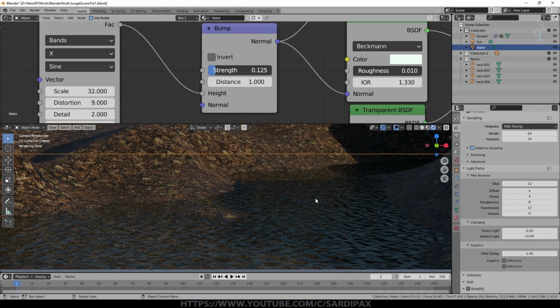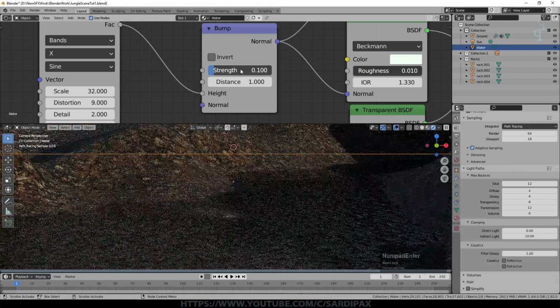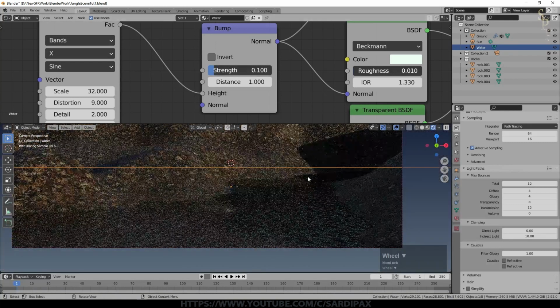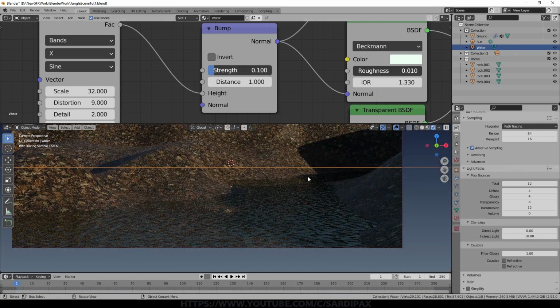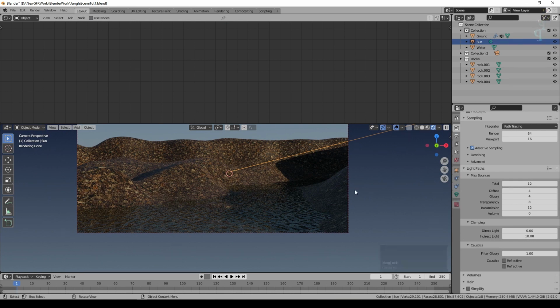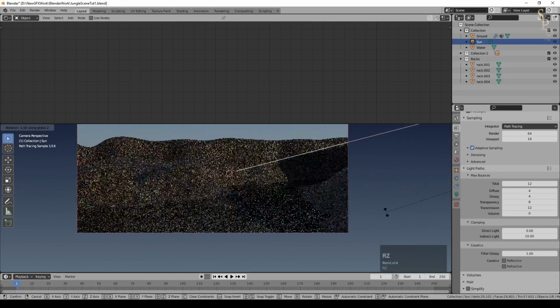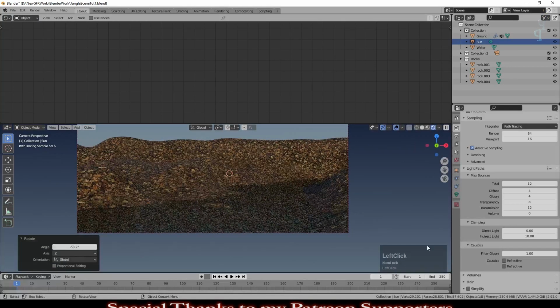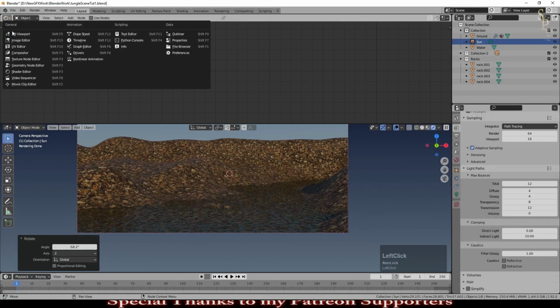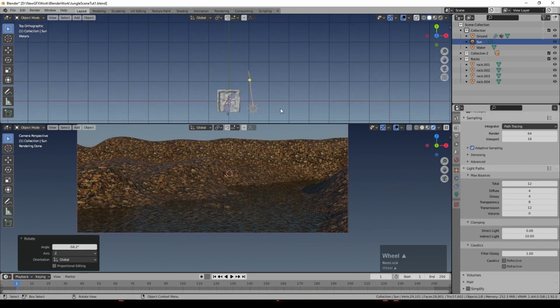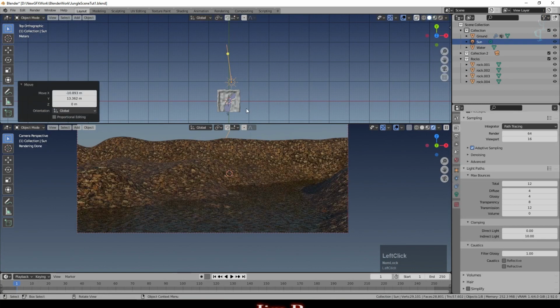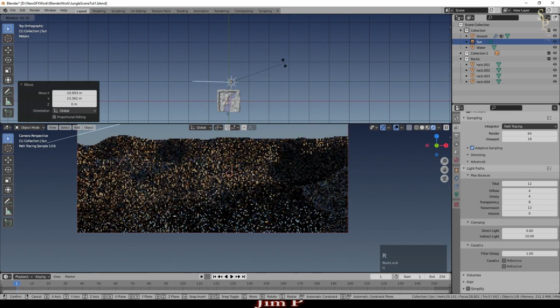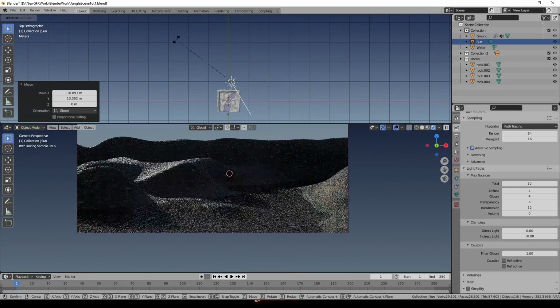Even just a noise texture will give you a pretty good effect, especially if you add distortion to it. I'm actually going to turn that down slightly. It's a little too high even there. That starts to give me the idea of a rippled water surface. So now I can play with the sunlight, rotate on the Z, and let's just move that around and see how that changes. If I change this window up here to the 3D viewport, and I'll just move the sun over here. Not that it makes any difference where it is physically, it's purely about the angle.